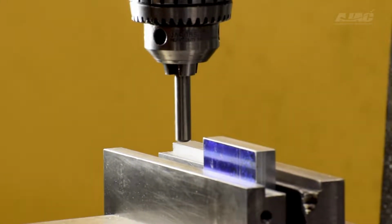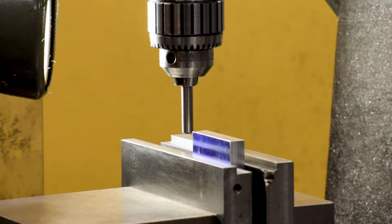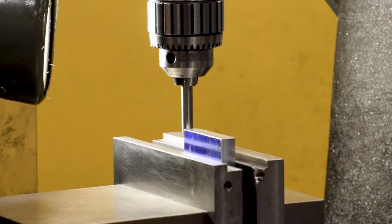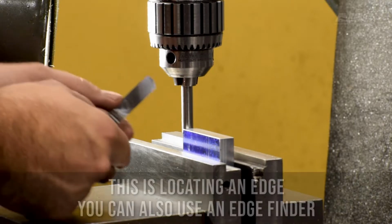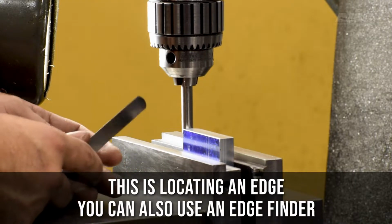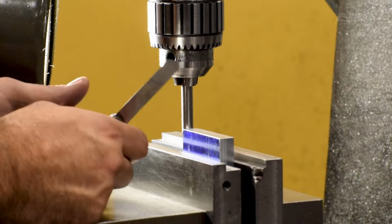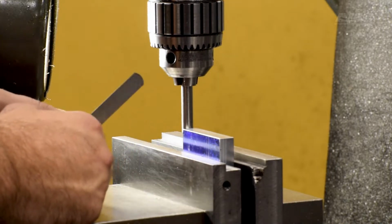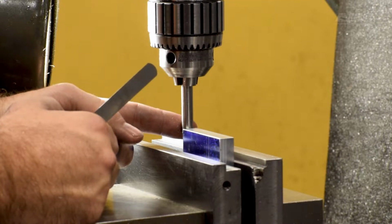So now we're going to be inserting the 5/16-18 hole into the part. For this purpose, you want the hole to be on the center line of this arm right here. There are multiple ways to achieve that. However, what I'm going to be demonstrating today is taking a piece of round pin or material stock,